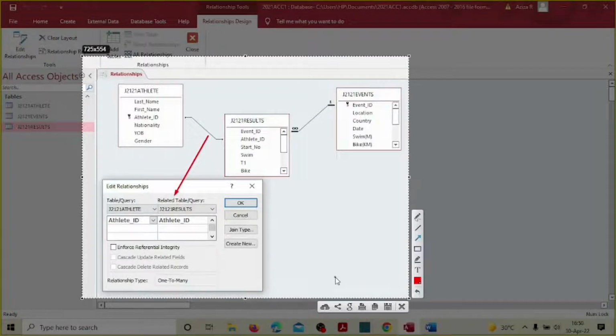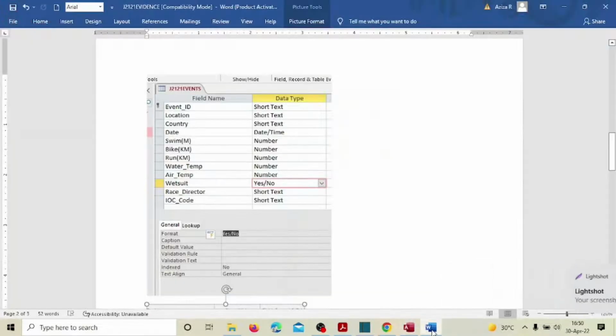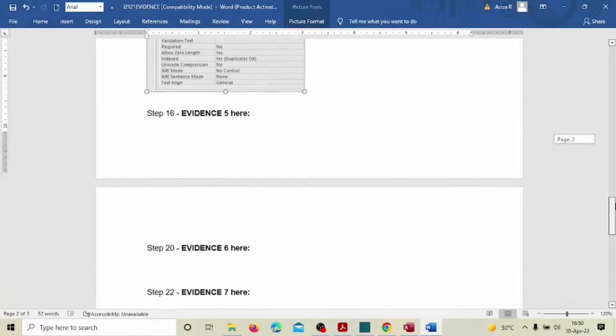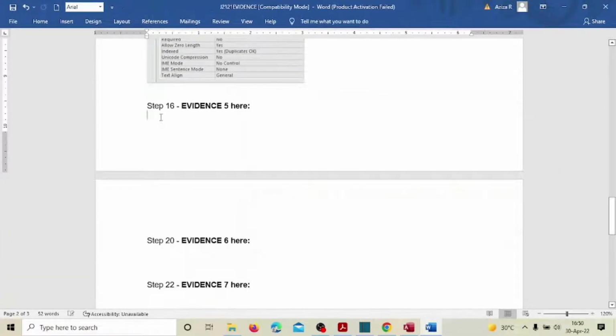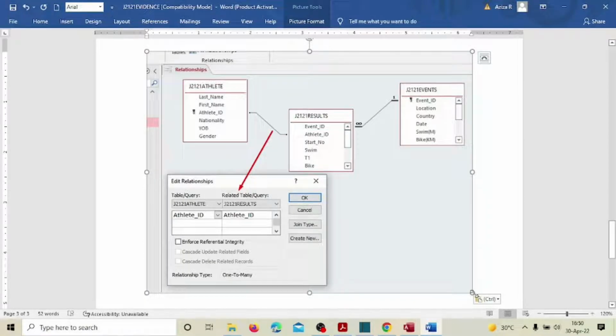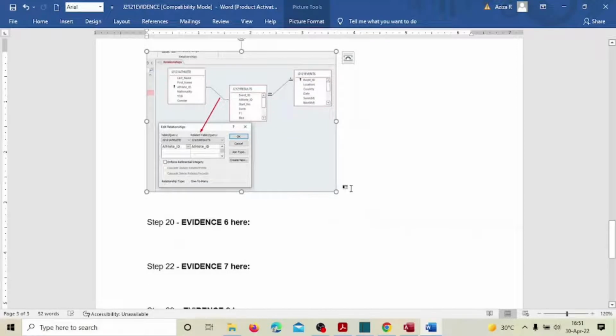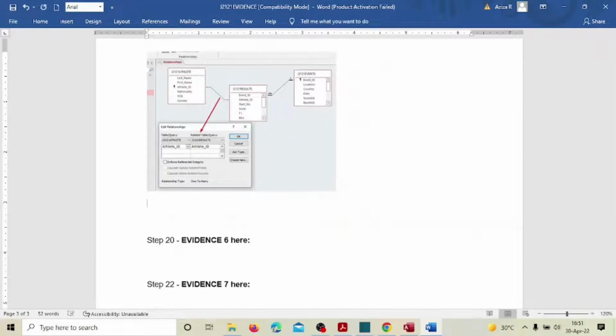Okay, now take a screenshot, then go to the evidence. Where is the evidence? After this, what's the number? Number 5. Okay, paste that, Control V. And another one as well I have to get, right? So here I'll wait, then go to